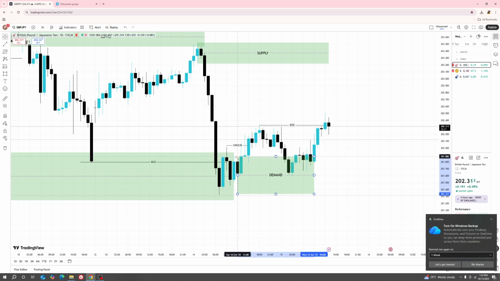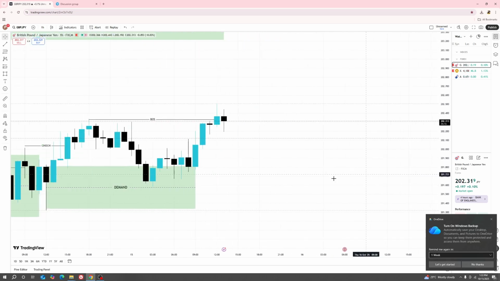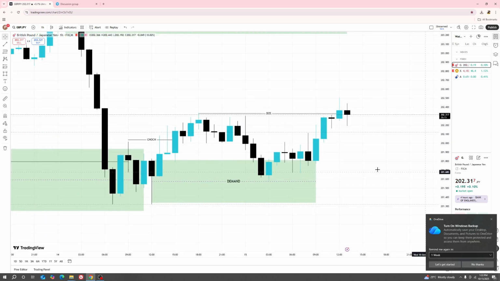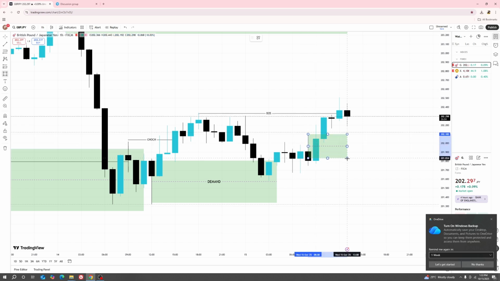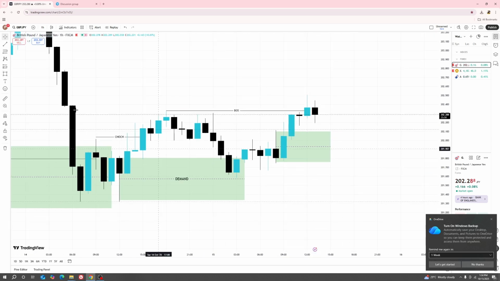You can therefore refine this demand zone level here. Then we can also see that price has created a new demand zone here. At this new demand zone,